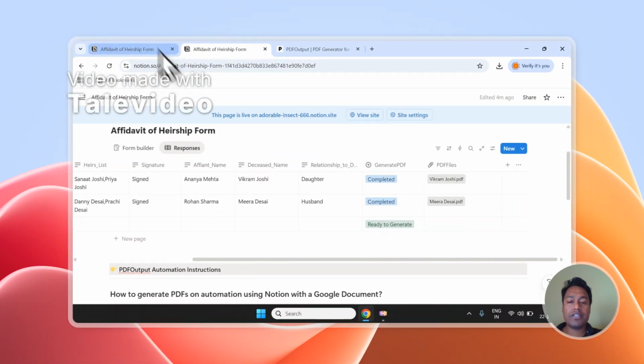So you can start generating a PDF by automating the PDFs within the database. So this will help you create PDF directly within the database, and you can see it has started processing this document and it will soon be converted to document right inside the database, which you can see over here. So this is how PDF output works, and this is how the documents can be created and